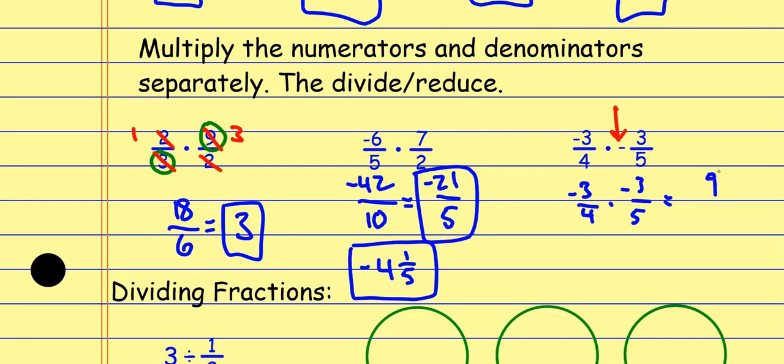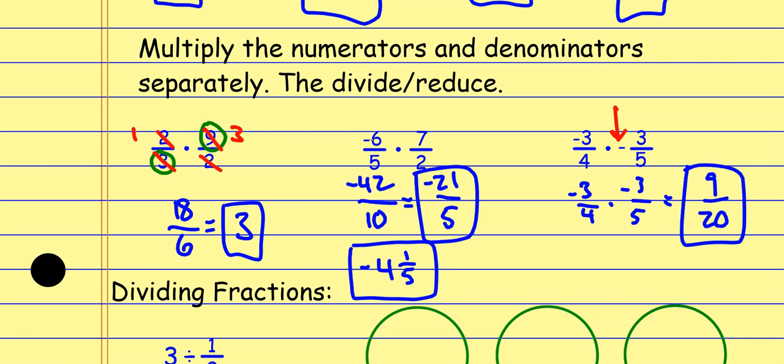Remember, negative times a negative is a positive because, again, it's the opposite of that negative. And then 4 times 5 is a 20. And this one, I can't do any dividing. I can't do any reducing. That one's done. Okay? And once again, if I backtrack to the previous question,